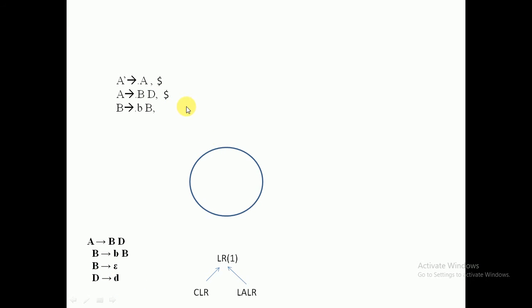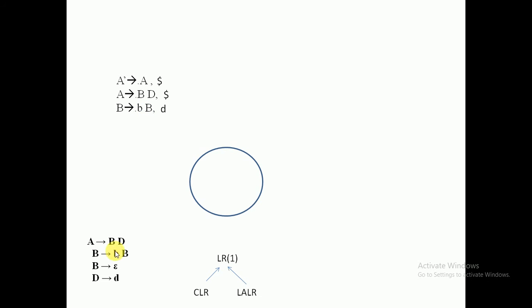So after replacing, what will you get? You will get the small d. So this capital B's lookahead becomes a small d. So for this B you are writing one closure, and for this B you also write the lookahead. Okay, the lookahead becomes a small d, and one closure has been completed.